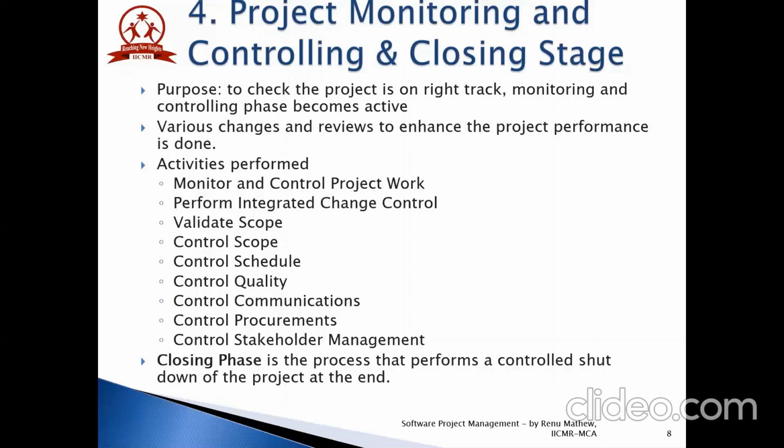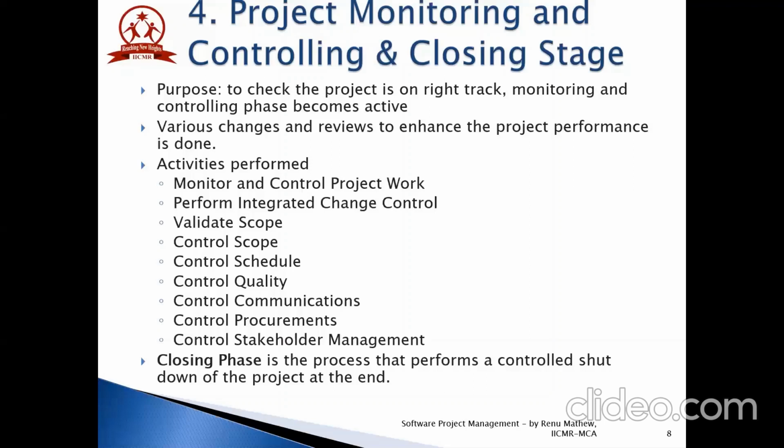Validating scope involves verifying whether the deliverables meet the customer acceptance criteria. The external checking with the customer or stakeholders is an integral part of validating scope management. The inputs are project management plan, requirements documentation, requirement traceability matrix, verified deliverables, and work performance data. While the output of scope validation includes accepted deliverables, change requests, work performance information, and project document updates.